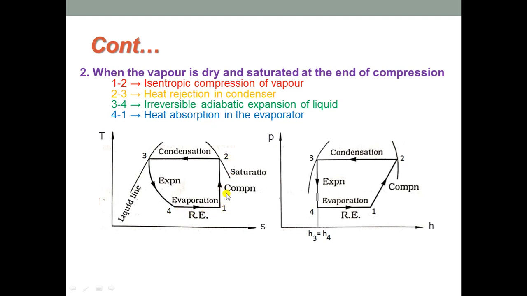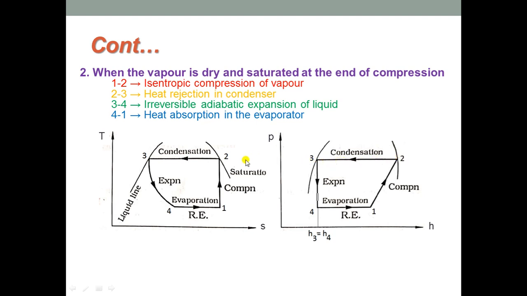So, as a result of compression we can observe an increase in temperature from T1 to T2 and an increase in pressure from P1 to P2. And in the second process 2 to 3, which is heat rejection in the condenser, temperature remains constant from T2 to T3, but phase change takes place from point 2 to point 3, that is from vapor state to liquid state. Point 2 represents saturated vapor condition and point 3 represents saturated liquid condition. So, phase change takes place when the temperature is constant, and the pressure will also remain constant